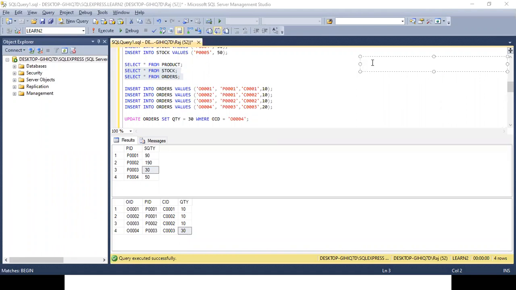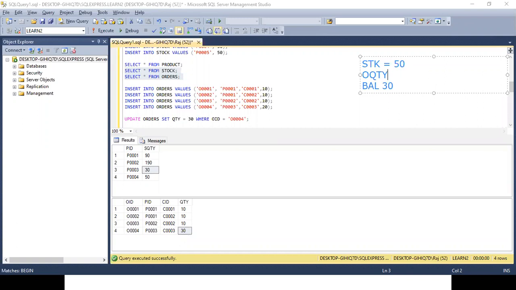Now how do we calculate this? Initially the stock was 50.